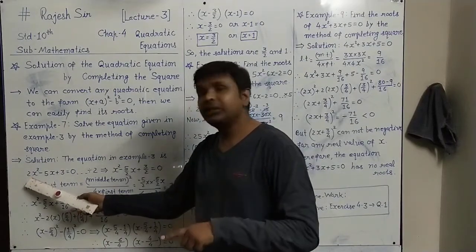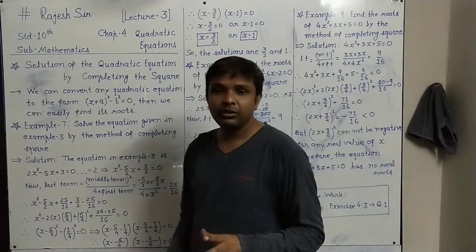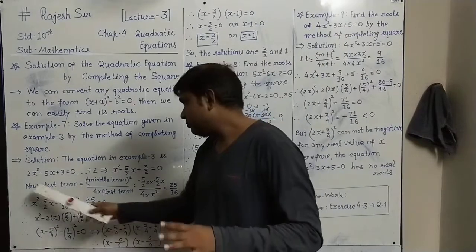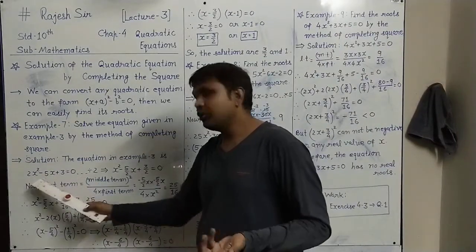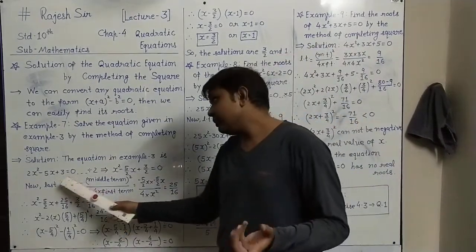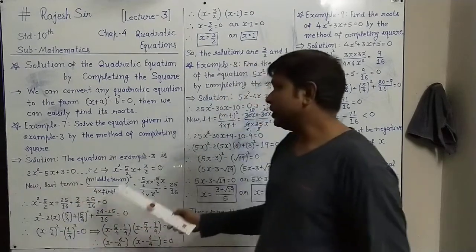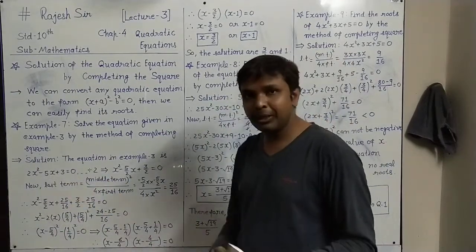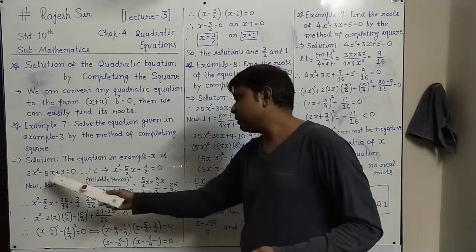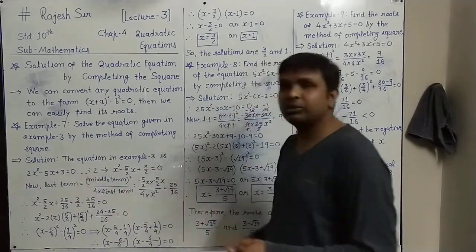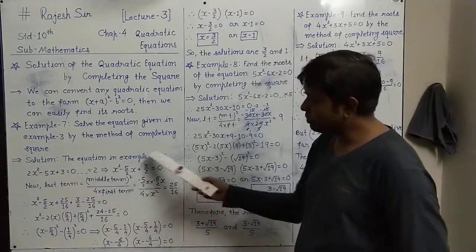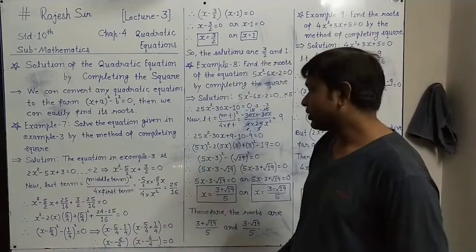Either we have to multiply by 2 in the first term, so it will be 4x square, so we can write 4x square as (2x) the whole square. Or the next option is we can divide by 2, so it will be only x square, and x square can be written as (x) the square. So here we are dividing the equation by 2. The given equation is divided by 2, so every term will be divided by 2. So 2x square becomes x square, minus 5x becomes minus 5 by 2 x, plus 3 becomes 3 by 2, equals to 0 becomes 0 by 2, that is 0 only. So this given equation is transformed into this form by dividing by 2.